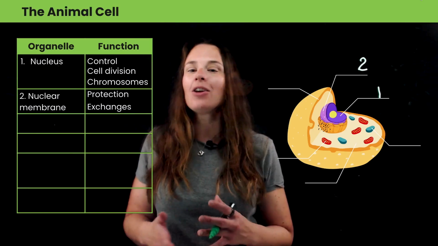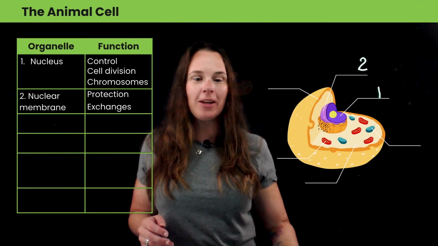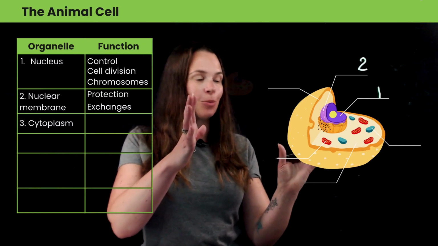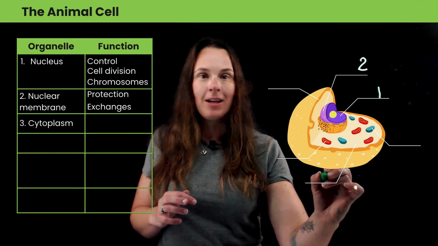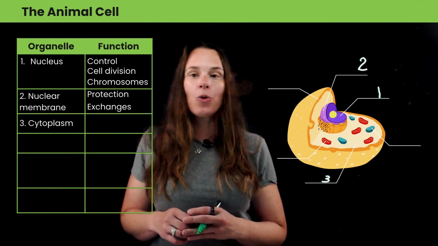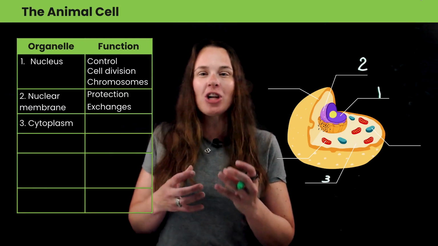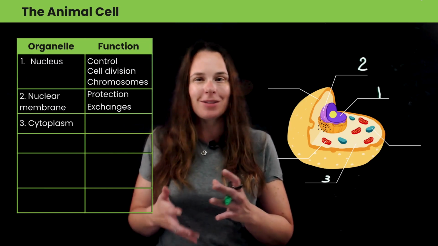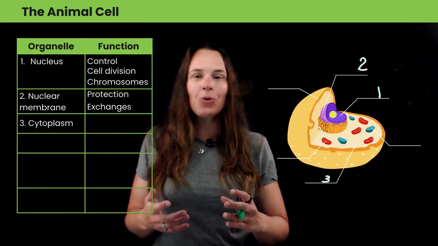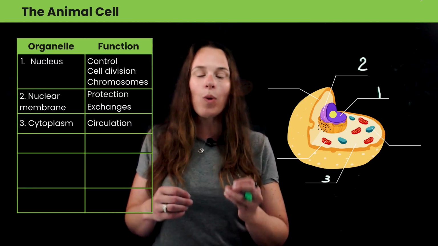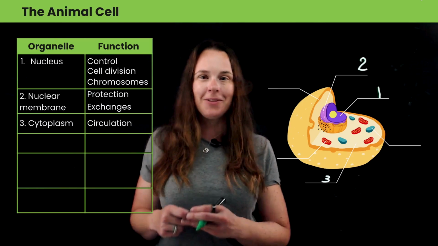The nucleus and all the other cell organelles are suspended in what we call the cytoplasm. And the cytoplasm, if I look at my animal diagram here, my animal cell, is right here. And so the cytoplasm is really cool because it has more of a jello consistency. It's not solid, but it's not liquid. And what's really cool about the cytoplasm is that it's responsible for the circulation of wastes and nutrients throughout the